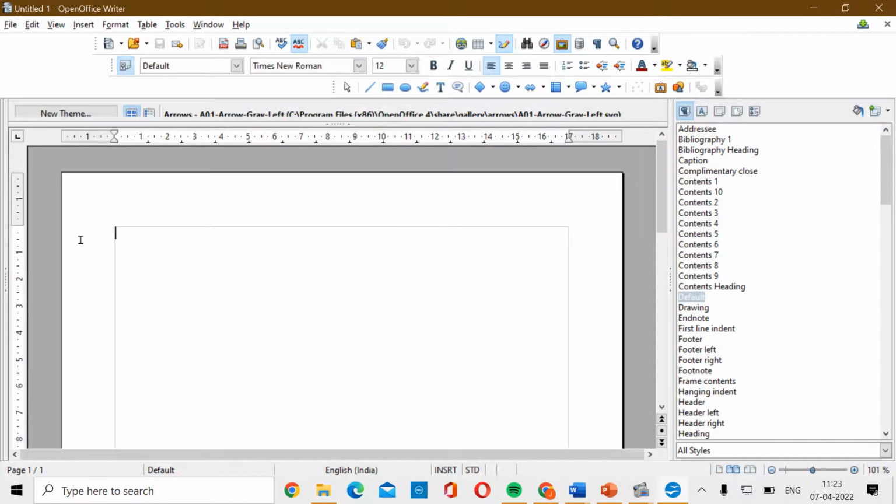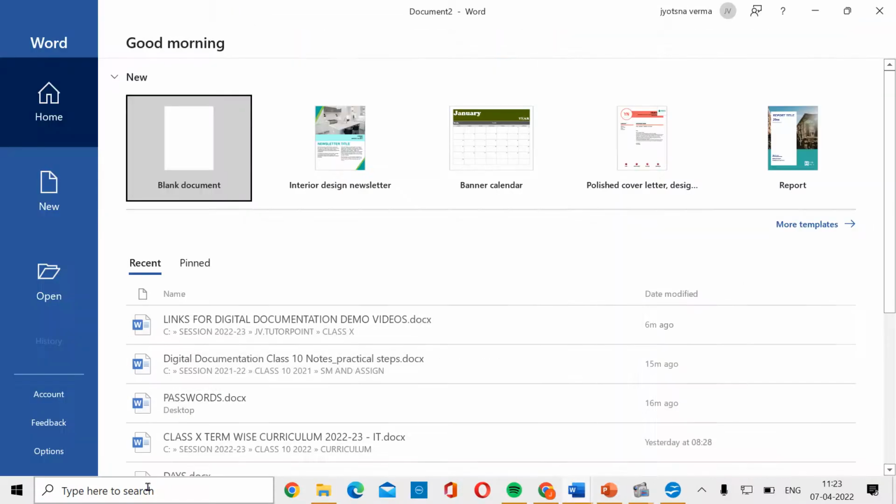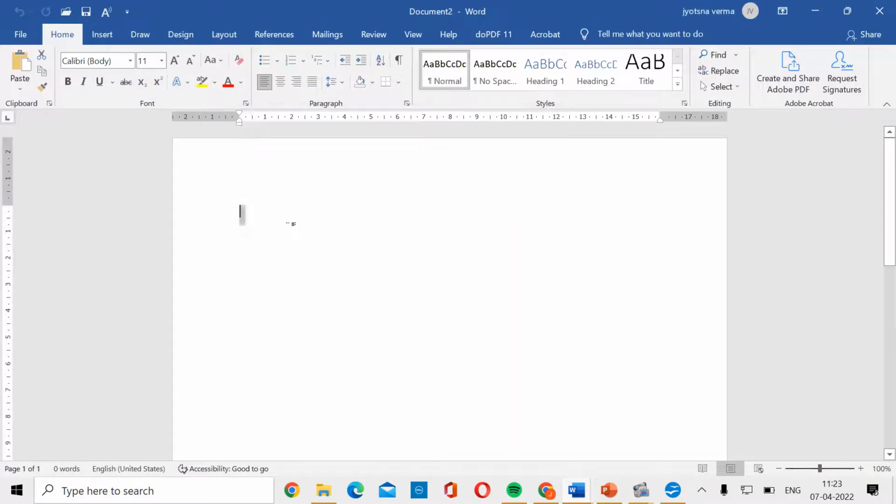Now for creating the styles, obviously we need to bring some sample text. So for that I am opening MS Word and there is a function called rand. So I am typing here =rand(12,3).